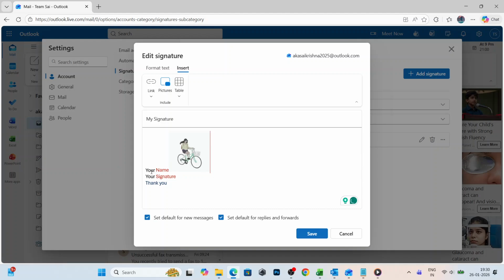When you are happy with the placement and size, click Save. That's it. Your animated GIF is now part of your web Outlook signature and will appear in new messages and replies that use that signature. Remember, some email clients may show the first frame only, so pick a GIF that still looks good as a